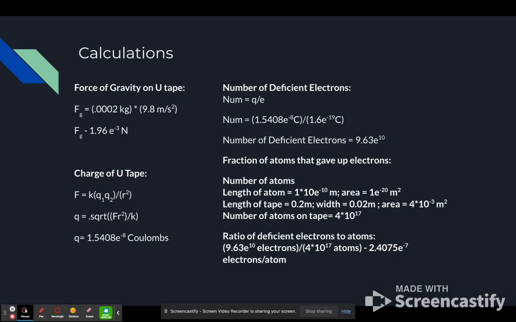Then we can find the number of deficient electrons by taking Q and dividing it by E, and that gives us 9.63 times 10 to the 10th as a ratio. The coulomb symbols cancel out. Fraction of atoms that gave up electrons: we know the number of atoms and the length of the tape, and we can use that to determine the ratio of electrons to atoms, and we get 2.4075 times 10 to the negative 7